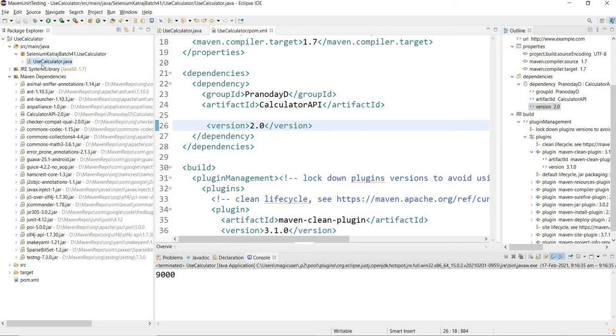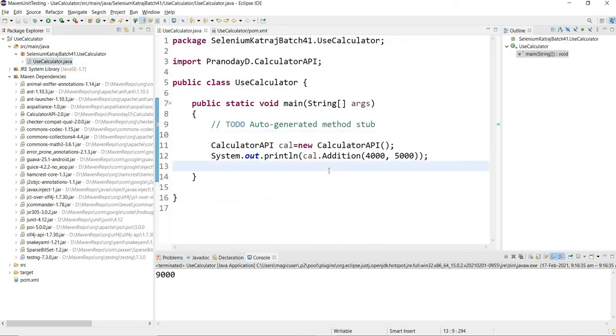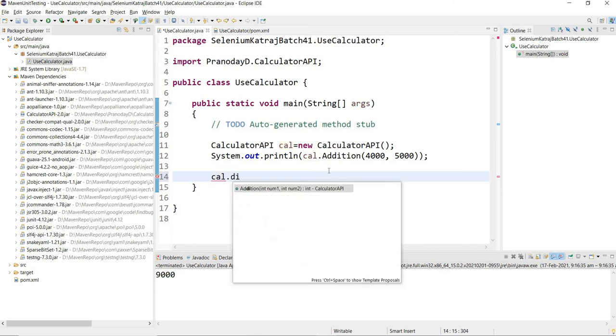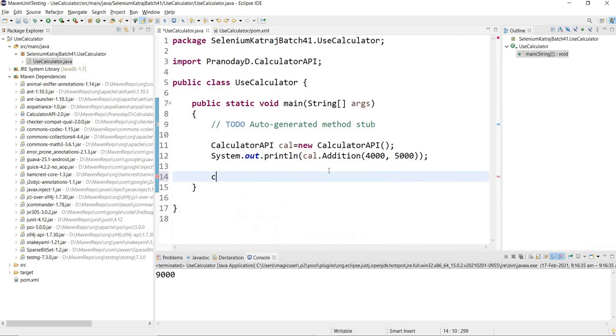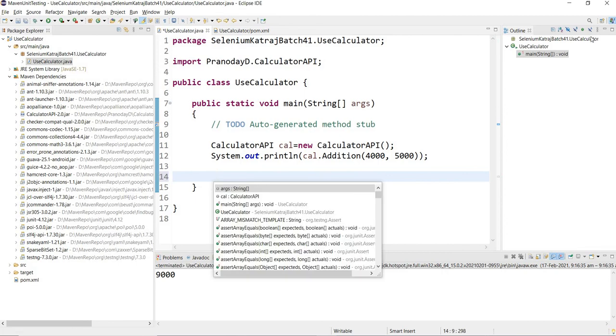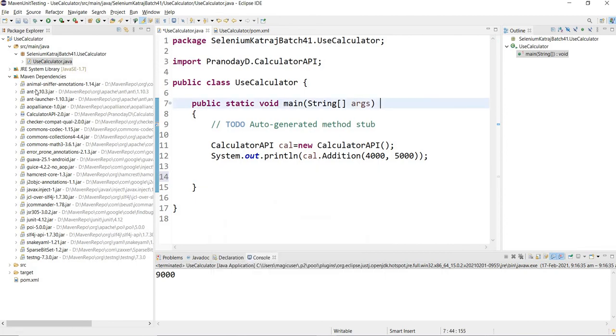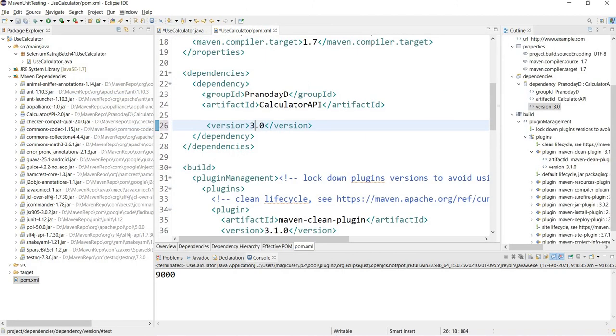Now when I say cal dot with 2.0, I won't find division, because division is released in version 3.0. 2.0 has only addition and subtraction, not division, right? So this is how you can manage the use of different versions of the libraries you are depending on.